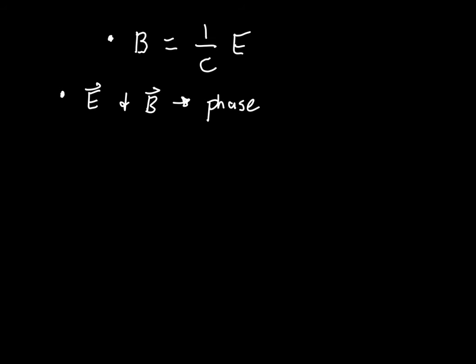So let's summarize some other nice, interesting features that we know about electromagnetic waves. Well, we can derive an equation, and we could do a lot of algebra trickery to get to this, but we'll just put it right out there. Magnetic field is equal to 1 over c times E. A very useful equation. Other interesting facts about electromagnetic waves. E fields and B fields, because they induce each other, are always in phase. By being in phase, that means peaks meet with peaks and troughs meet with troughs. So if I have two waves, the tops line up with the tops, and the bottoms line up with the bottoms. We're not going to get any kind of